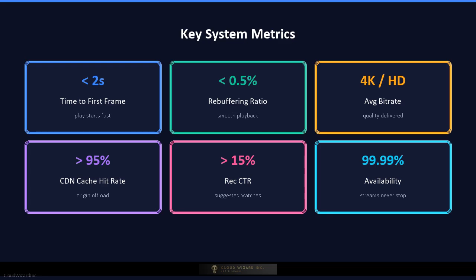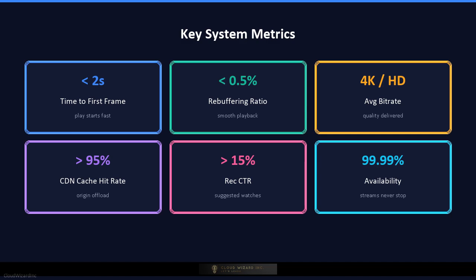The key metrics to memorize: cold time to first frame, the delay from pressing play to video appearing; rebuffering ratio, the percentage of playback time spent waiting for the buffer to refill; average bitrate, which measures the quality actually delivered under real network conditions; CDN cache hit rate, the fraction of requests served from an edge cache rather than the